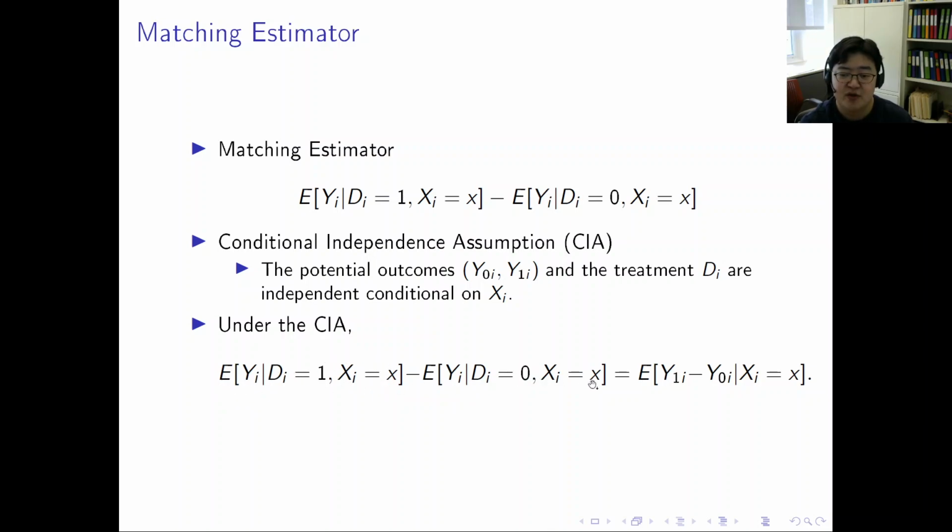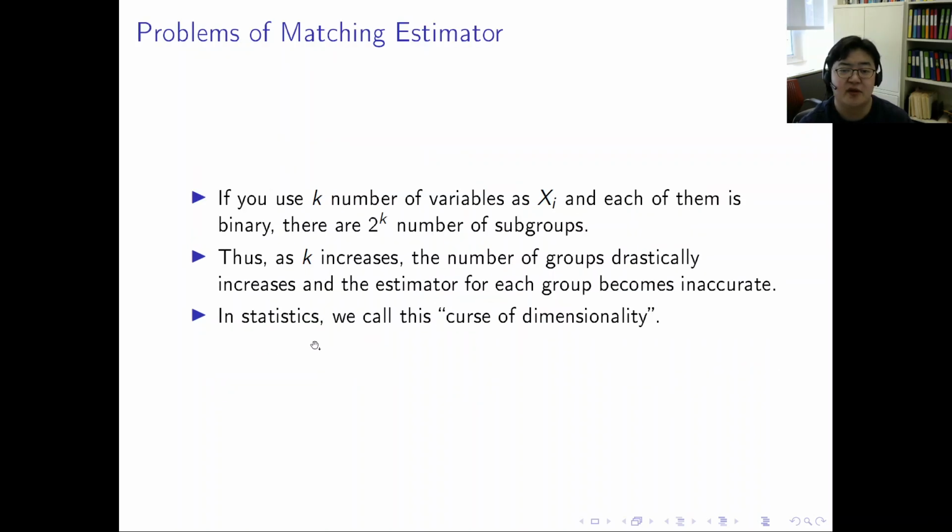So that's the reason why we make this assumption and use this estimator. But I have mentioned this problem many times. Technically, the matching estimator is nice, but the problem is when there are many variables in X,